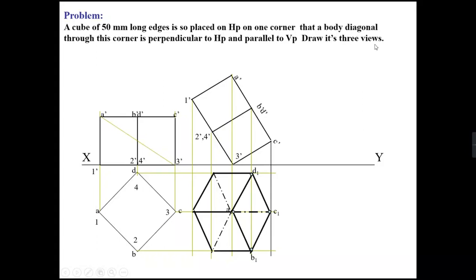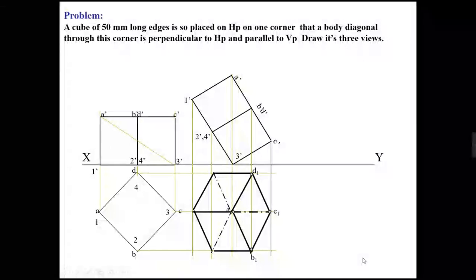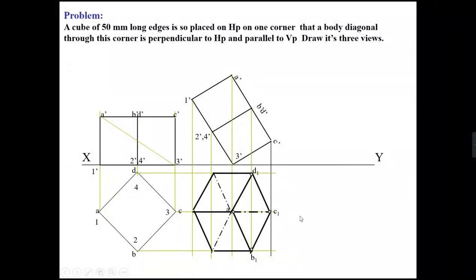Then to draw the side view of this, I will draw a line at 45 degree. I will project the line from here up to this line, which is inclined at 45 degree. Then from those points I will draw the vertical lines, and from the front view I will draw the horizontal lines. So I will get the side view of the solid, right?